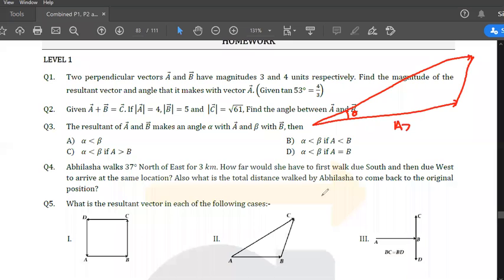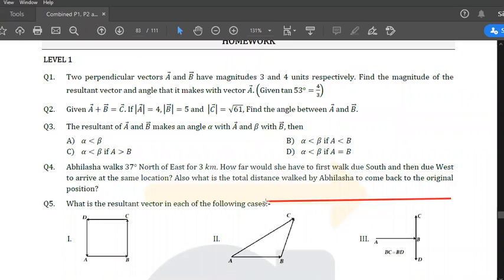Navya, just think about the triangle. Forget about vectors, right? Don't think about vectors. Just think about a triangle. Now just think about this. Suppose we have a triangle like this. This is triangle 1, right? And this is triangle 2,